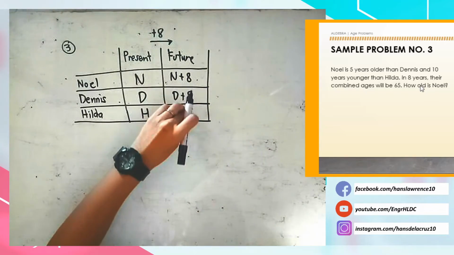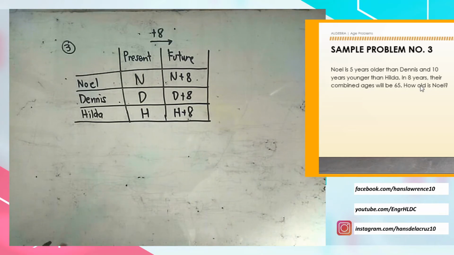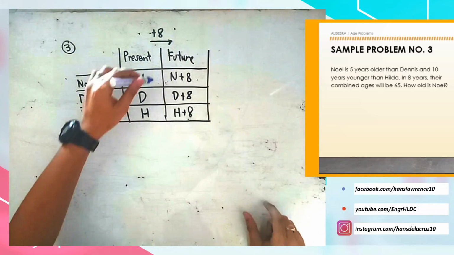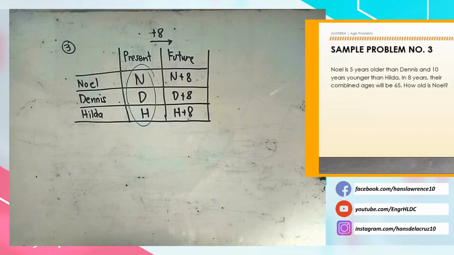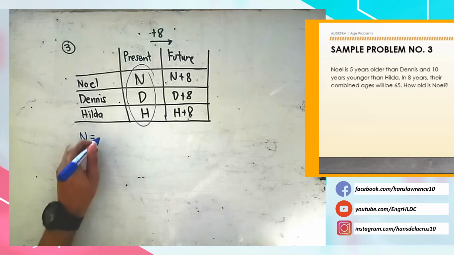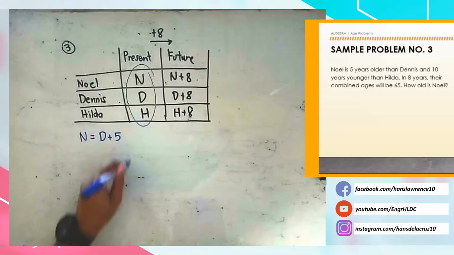Okay? So after we tabulate all the data provided, now we interpret the relationships. What relationship did it say? Let's go back to the problem. It says Noel is 5 years older than Dennis. That relationship is at present, right? So we interpret the data at the present. Noel's age is 5 years older than Dennis, so Noel's age is Dennis' age plus 5. Okay, so therefore, this is